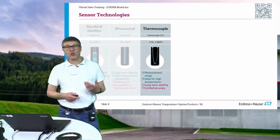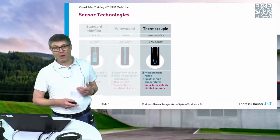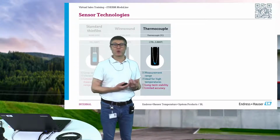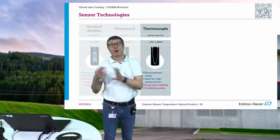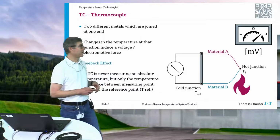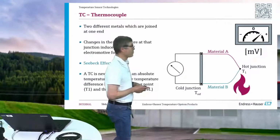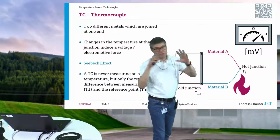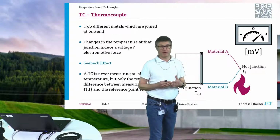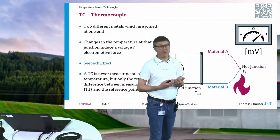So, in addition to RTD sensors, PT100, we also offer thermocouple measurements. And thermocouple measurements are used mainly for temperatures which are outside of the specification of an RTD sensor, which is 600 degrees. And a thermocouple is working totally different. Instead of measuring a resistance, we are measuring a voltage. And this voltage is produced, more or less, because you just weld together two different metal materials. So the most common material mix is called thermocouple type K, which is